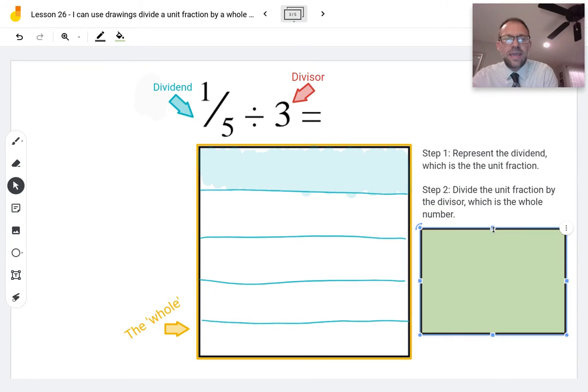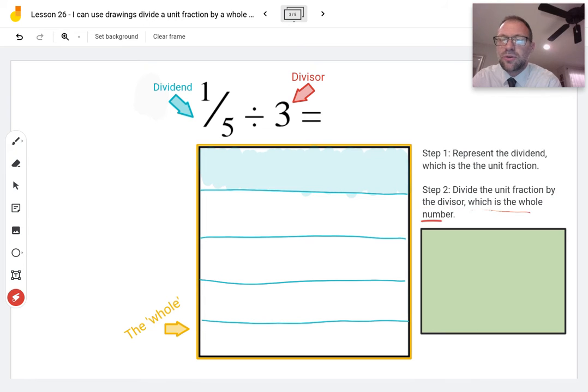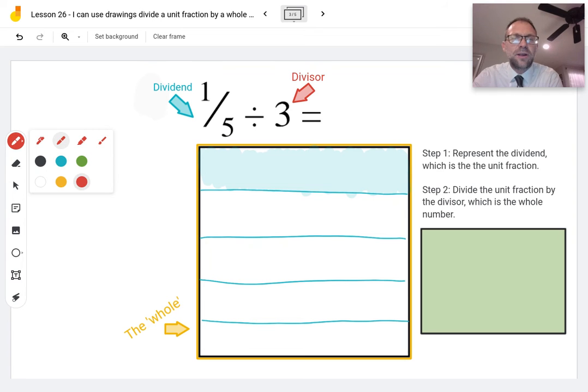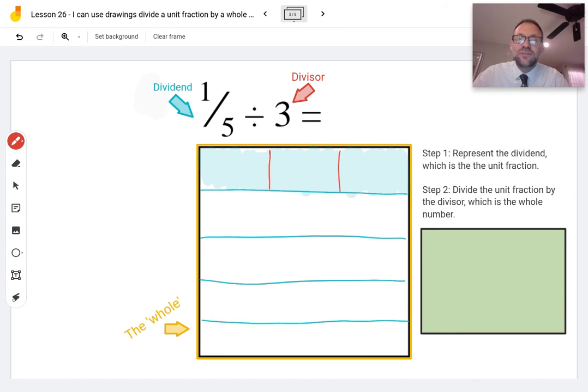I hope so. It says, divide the unit fraction by the divisor, which is a whole number. So our divisor is 3. That means we have to take this 1/5 and divide it into 3 equal pieces. So I'm going to do that in a different color, my red marker. And let's see, 1/3, 2/3. Not perfect. Oh, and 3/3, of course. Not perfect, but we got it. Close enough. And now step 3 says